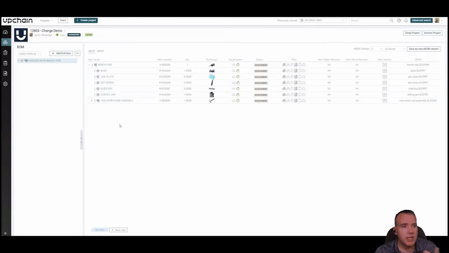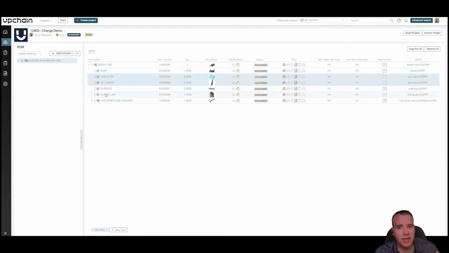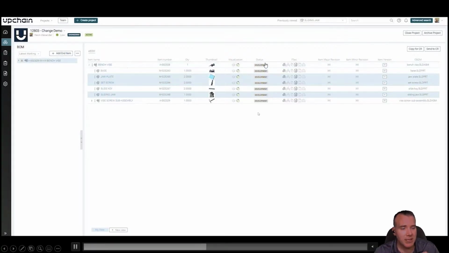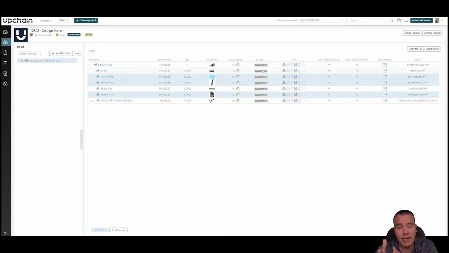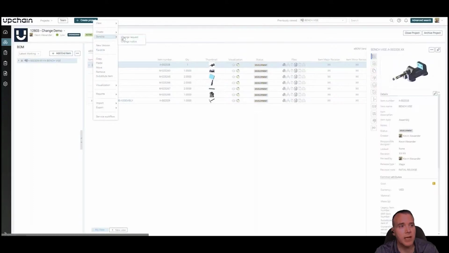Now, in terms of putting these things to use, let's say we need to do a change request. You could select one or more components from the BOM and initiate a change request. Or in this case, our goal is to release this assembly. So we can create a change request right from the top level, right? You'll notice that all of these components are currently in development, right? And they currently have no major rev. XX is like null rev in Upchain by default. And we can release all of these in one go, all the children included, by creating a new change request